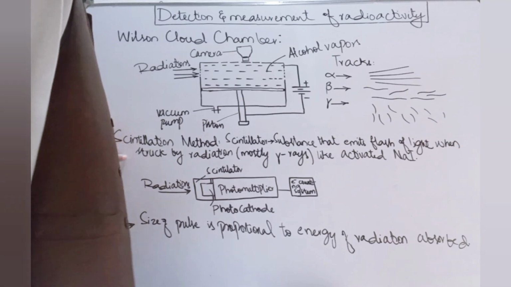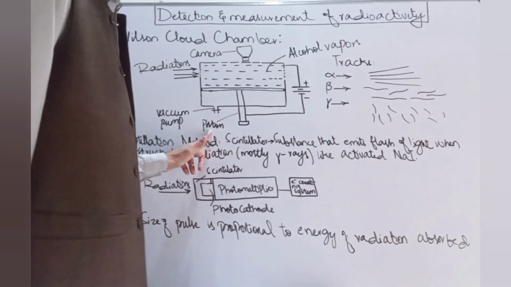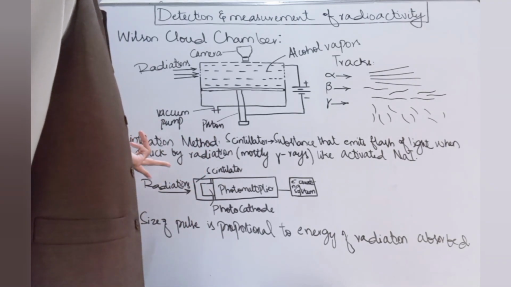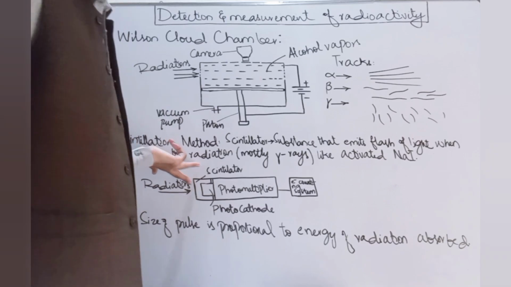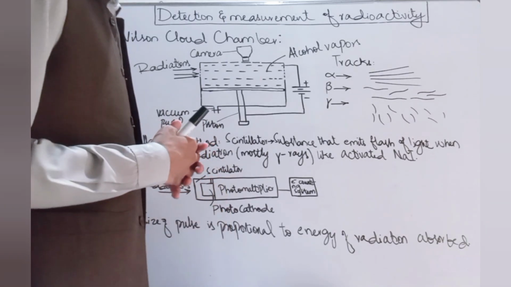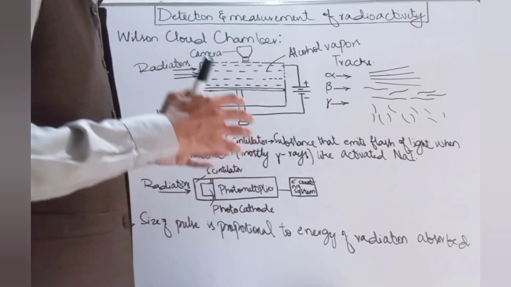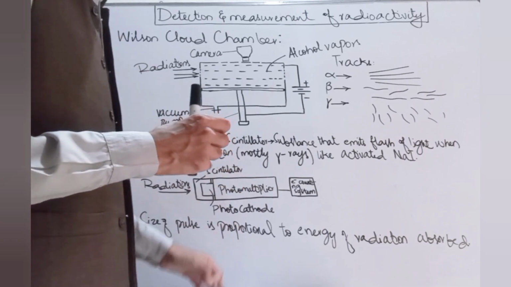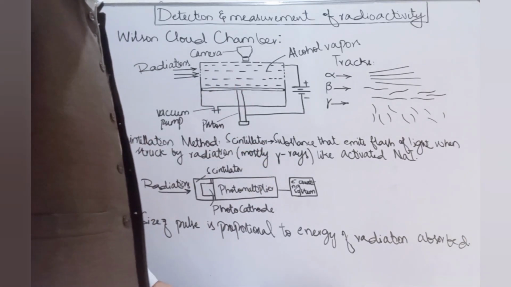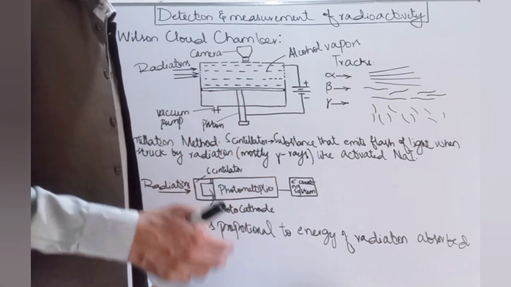Next we talk about the scintillation method or the scintillation counter. First of all, it is important to understand what a scintillator is. A scintillator is a substance that emits a flash of light when it is struck by a high speed radiation, mostly gamma radiation. These may be activated sodium iodide crystals. So these are the substances that produce a flash of light when they are struck by a high energy radiation, and that radiation may be a gamma radiation, and scintillation counters are mostly used for the detection and measurement of the